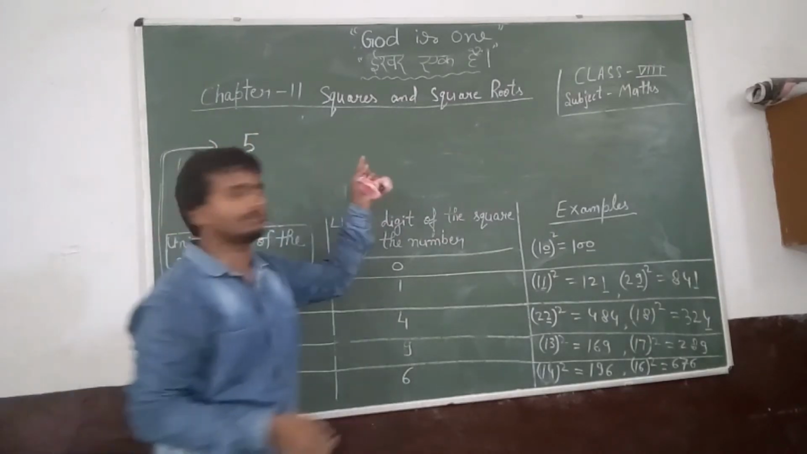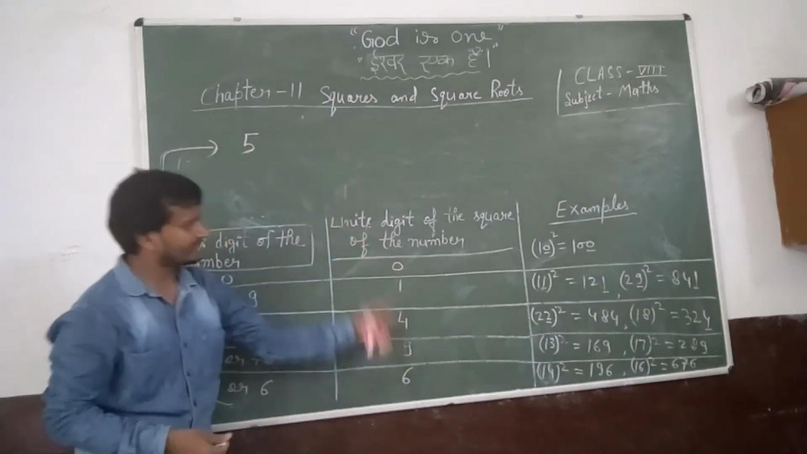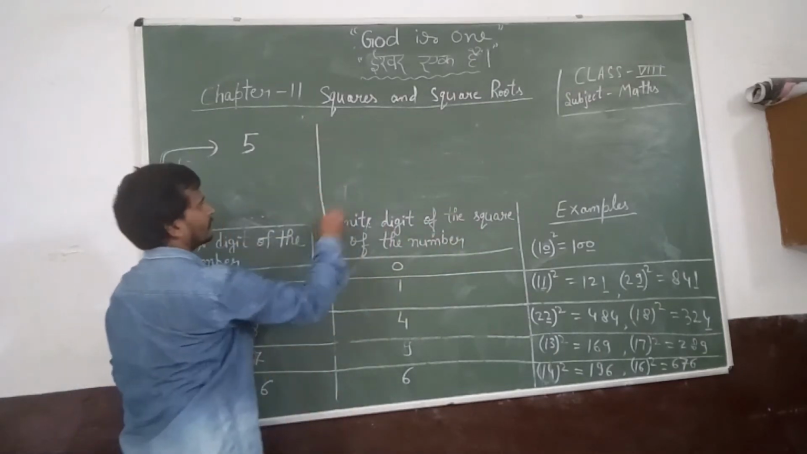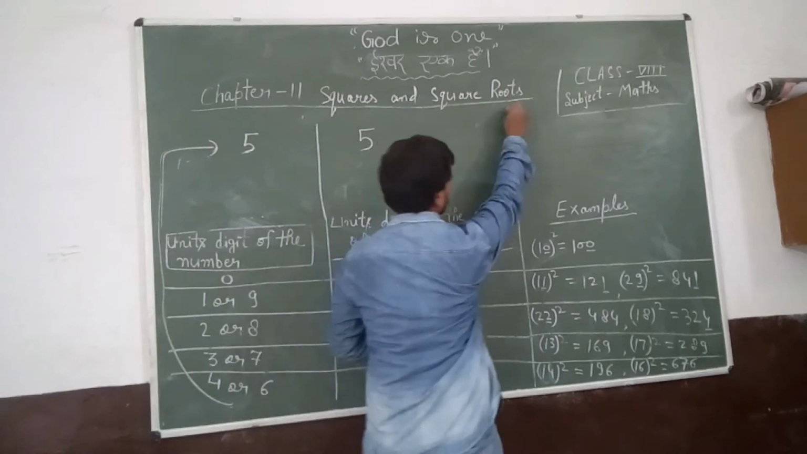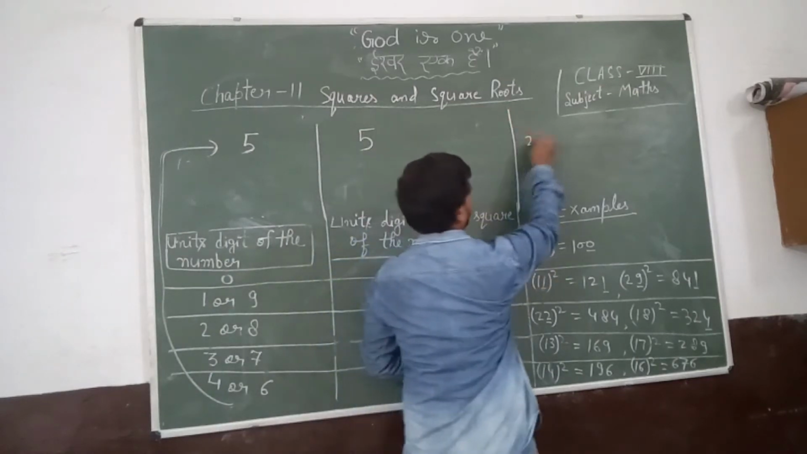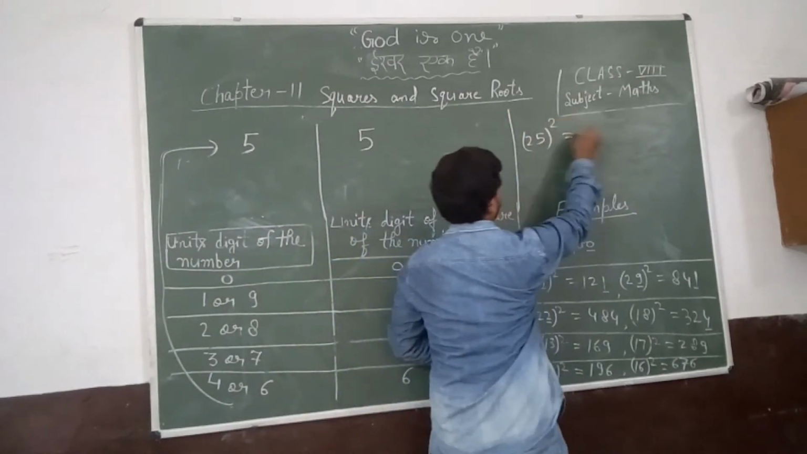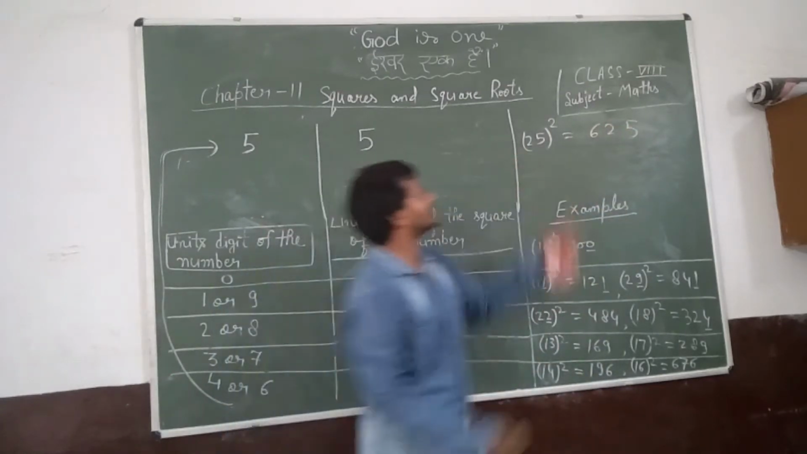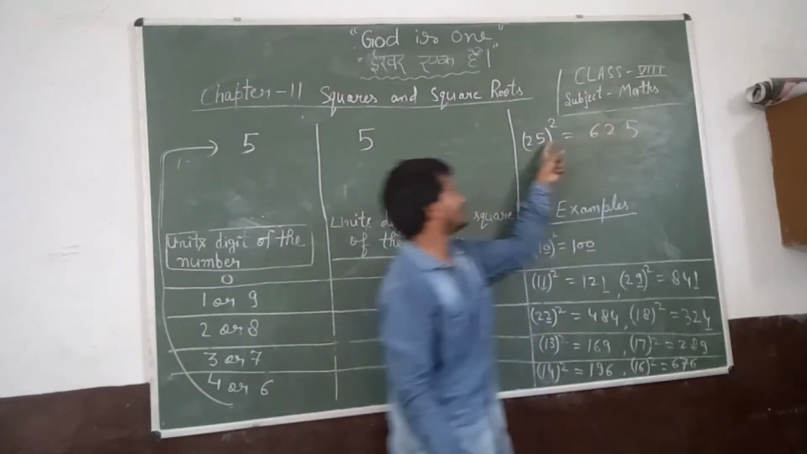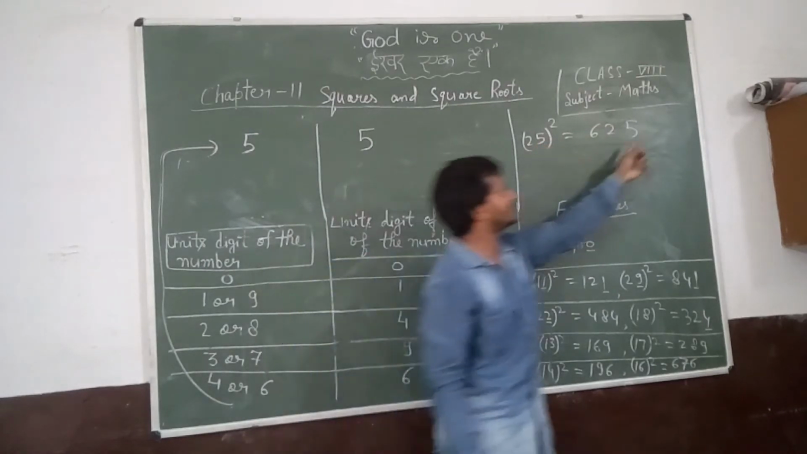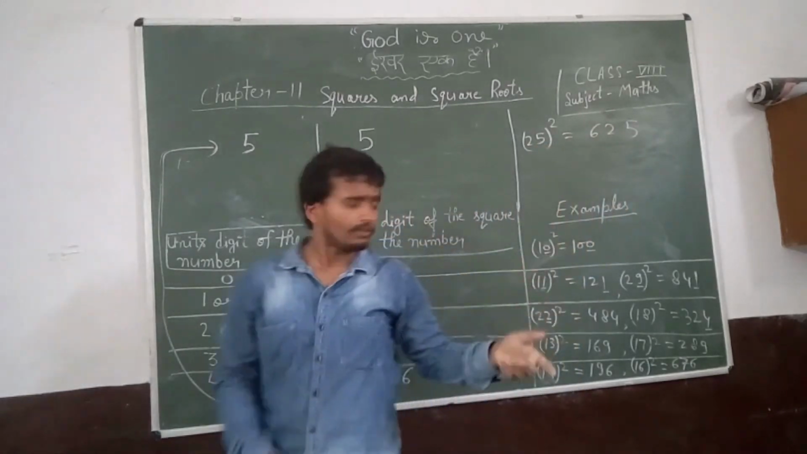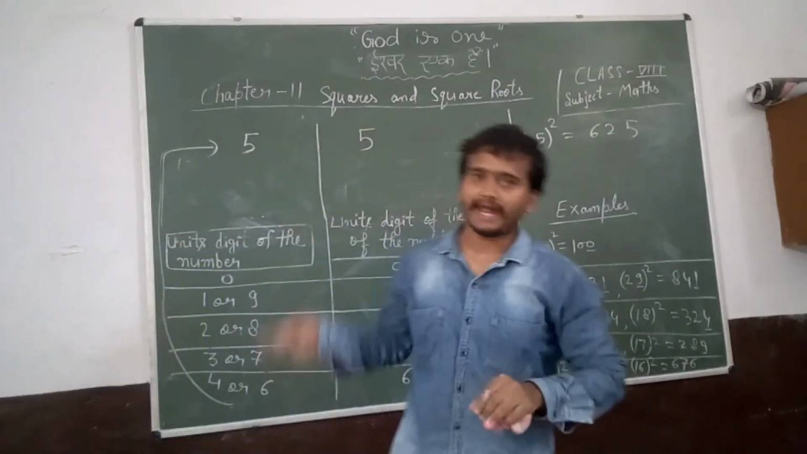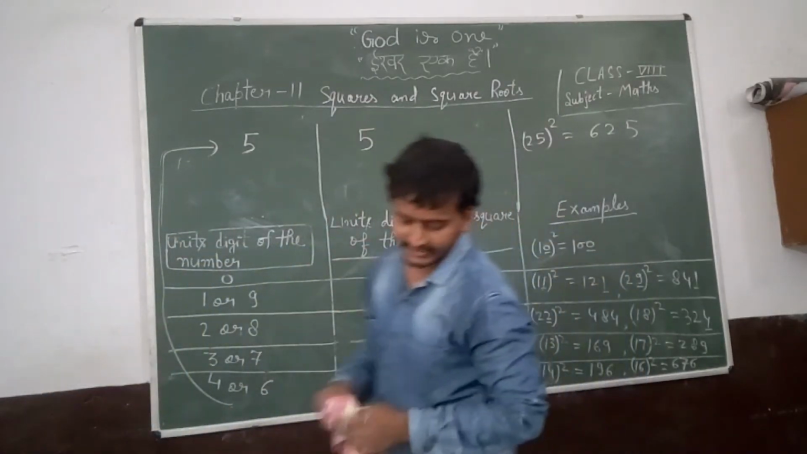If the digit at unit place is 5, then the digit in the square of the number at unit place is also 5. Example: square of 25, that is 625. The digit here at unit place 5 and digit here also is 5. So this property helps us to find the digit at unit place. Next property is